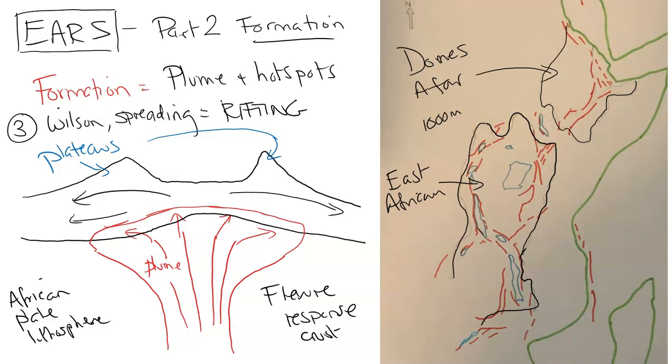Now, as it spreads and starts to move, you have tensile stress applied. When you have this kind of stress applied to the rock, what you get is faulting. Okay, faults from the fractures and ruptures that happen because the crust is brittle. So these faults are generally normal faults, which look like this. But first, I'm going to show you what it looks like. So you're going to have all these faults,